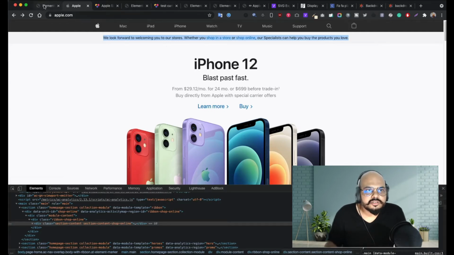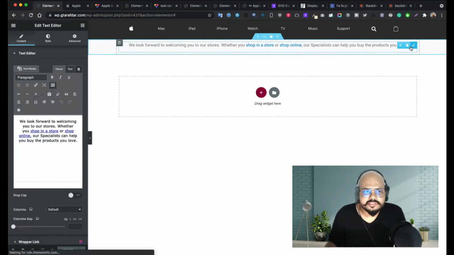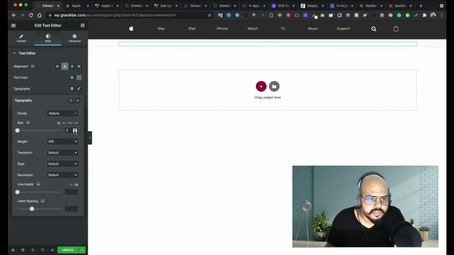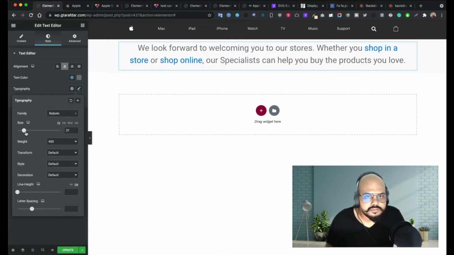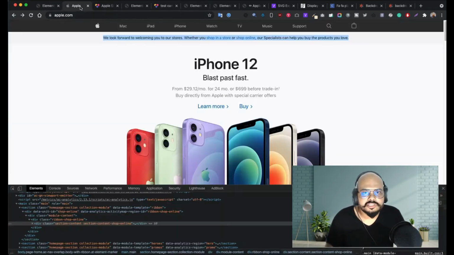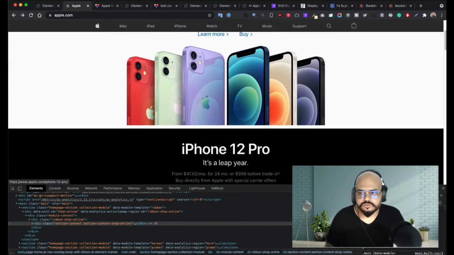So you can decrease the font size from here, from the style in the typography. You can decrease the size, it looks like the folding. So I hope it's almost the same. But you can find the font size by using so many options, the font picker or other tools. Now you have to add a section here to get the